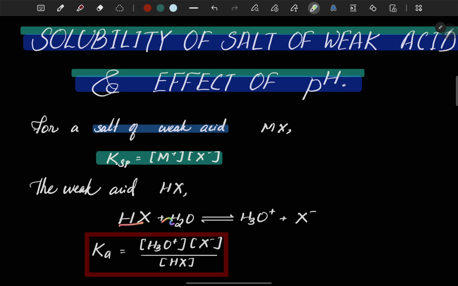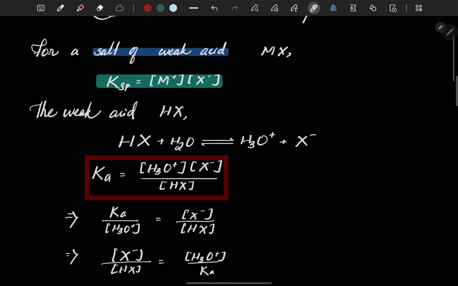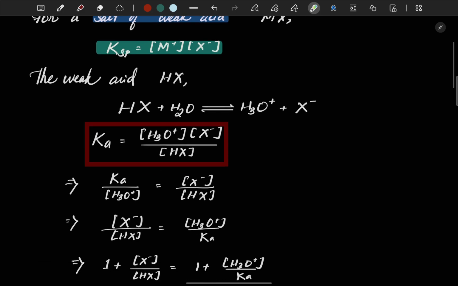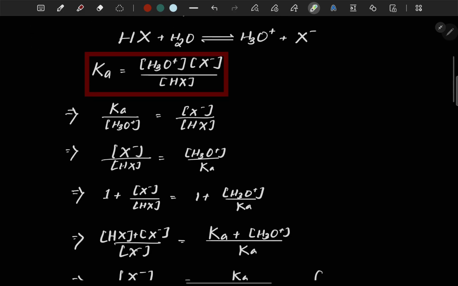So we know HX plus water gives rise to H3O+ and X−, and for this reaction the Ka value, that is the dissociation or ionization constant of a weak acid, is equal to the concentration of H3O+ into the concentration of X− divided by the concentration of HX. So this will give rise to Ka divided by H3O+ is equal to X− divided by HX. If we modify this equation, this will give